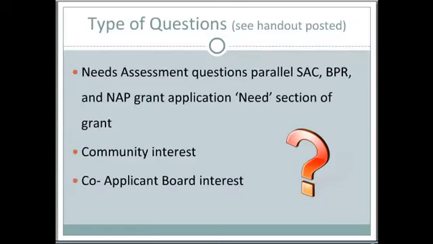And the type of questions that we ask for our needs assessment, we try to sync with elements that are required of us for our health center program requirements, as well as the elements that are required in the needs assessment itself. And we also look at community interest for other homeless programs, what type of questions they are looking for, because we try to work closely as a collaborative within our Healthcare for Homeless project.